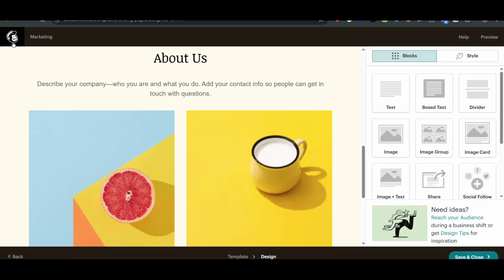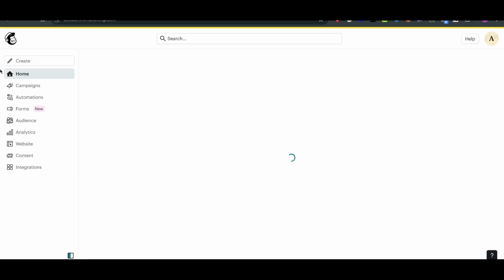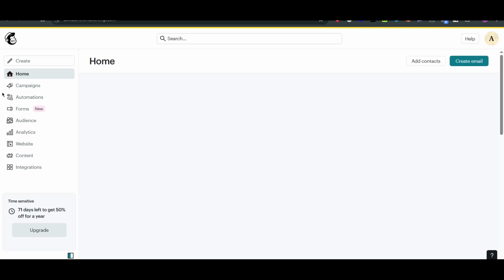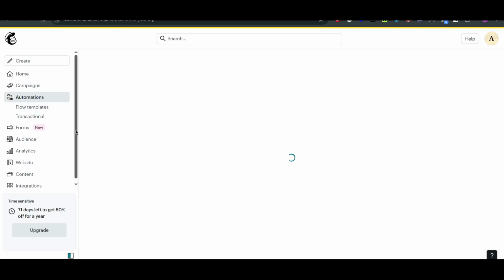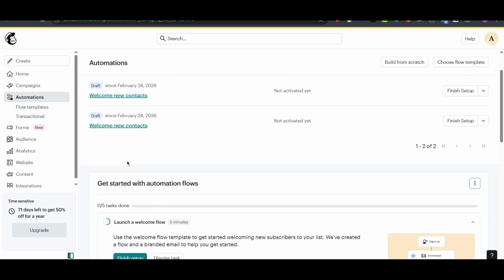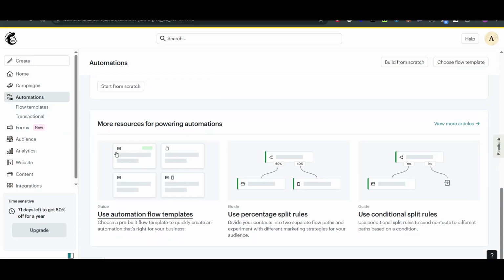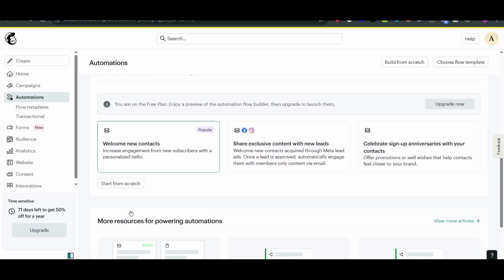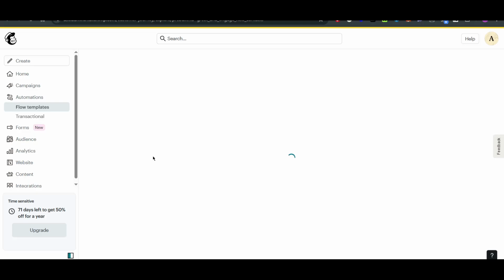So now what you have to do is to, once your page is published, go to the automation tab and look for the classic automation link. Since the newer generating builder often requires a paid plan for the multi-step flows, choose the welcome new subscriber recipe. Go to the automation option, go to the welcome new subscriber recipe. For example, it's a welcome new contact. Go for this recipe